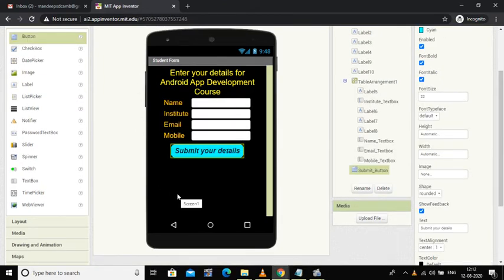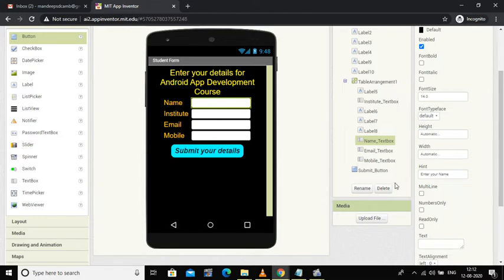So I have created all these labels and text boxes, and I have created this submit button. As we have done a lot of work in this programming, you know that I have used these 4 labels. These are the 4 text boxes. In the text box I have used the hint as enter your name, and this is a button.